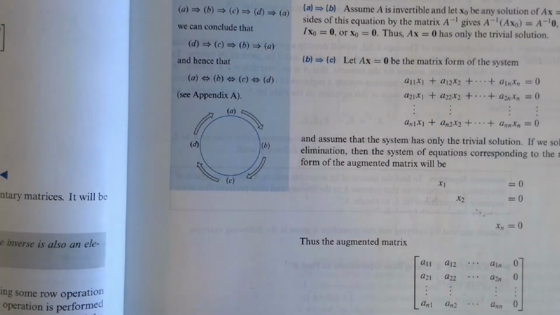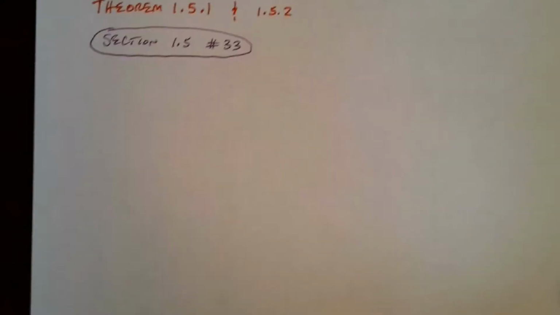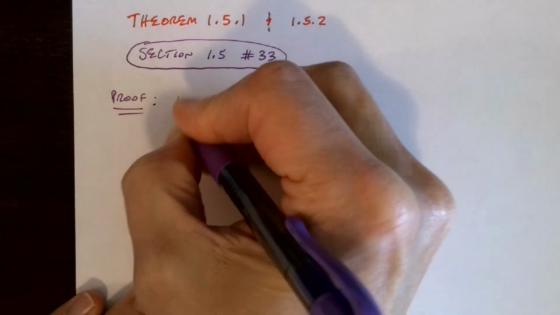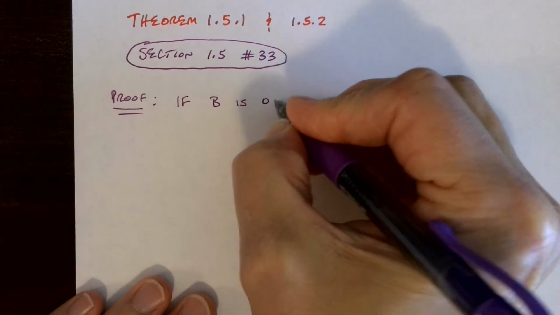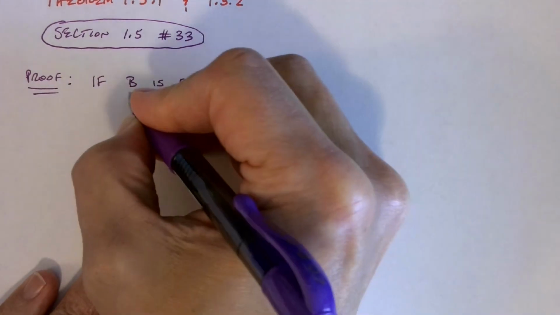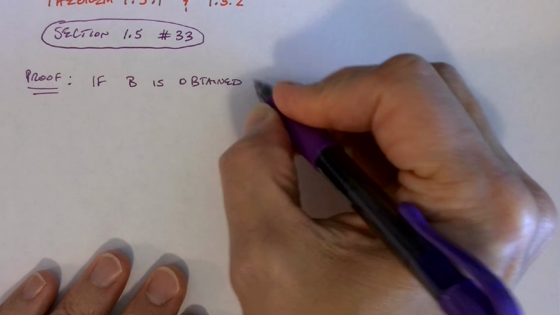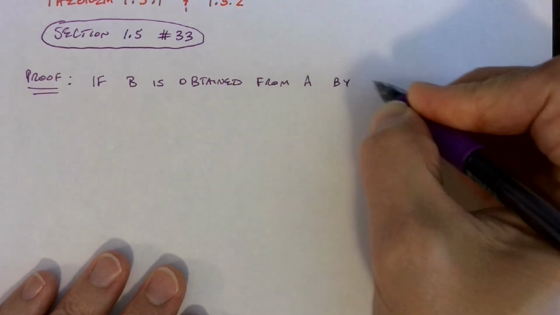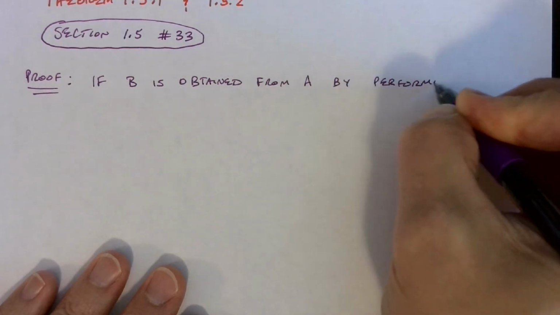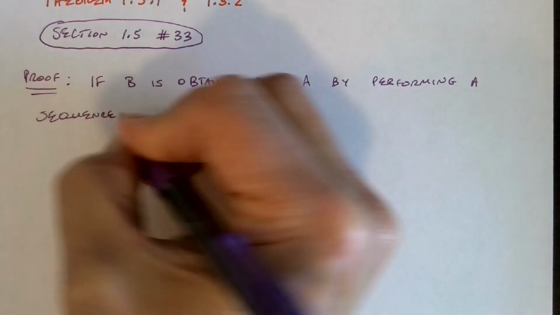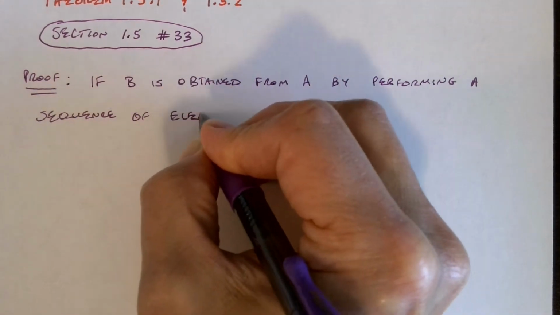So let's go back to this theorem and prove it. I'm going to write out what it says to be able to write the proof, and that is: if B is obtained from A by performing a sequence of elementary row operations